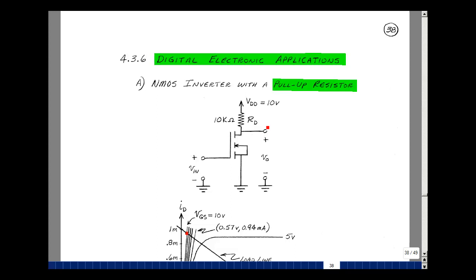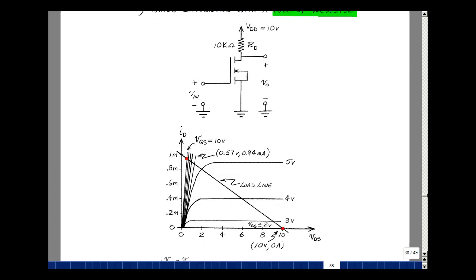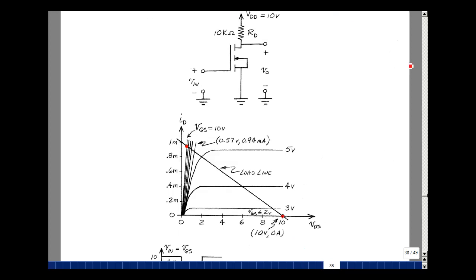What's shown below is a set of VI characteristics of a MOSFET with a threshold voltage of 2 volts. I'm going to draw a load line like we did for the BJT. If I were to short these terminals, the current flowing would be 10 volts divided by 10K, and that's 1 milliamp. That's right here. And this is an open circuit, no current flows, and the voltage here would be equal to 10 volts. Connecting those two up, we get a straight line,